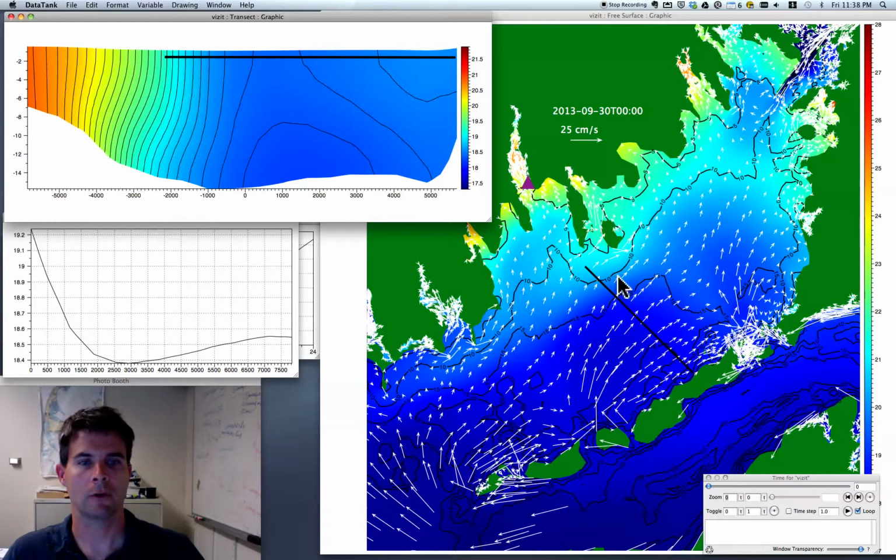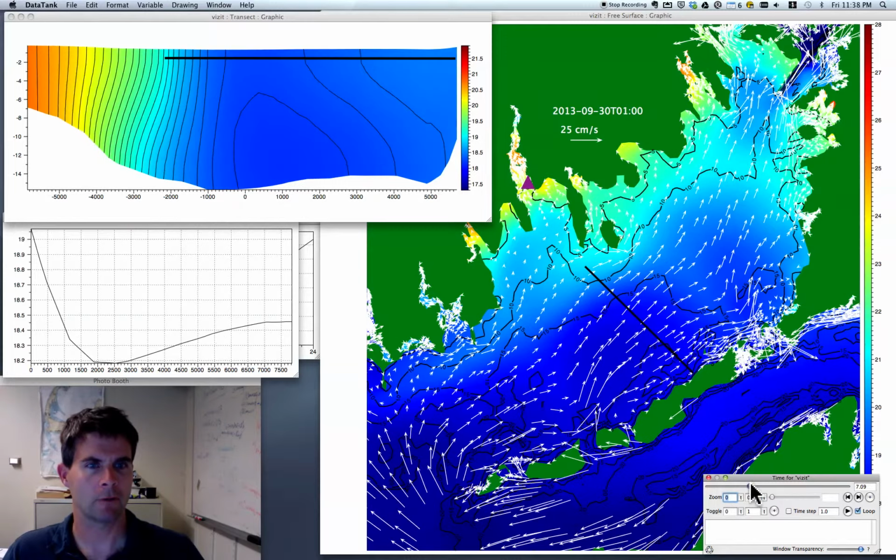So a little drifter in here, and maybe I'll make a run. I'll put some drifters in so we can see how they move around the bay. I will do that, and you'll see that they move generally about a range, something like this. And so you can kind of see that. Maybe I can turn on the temperature contours, but throughout the day you see some fluctuation